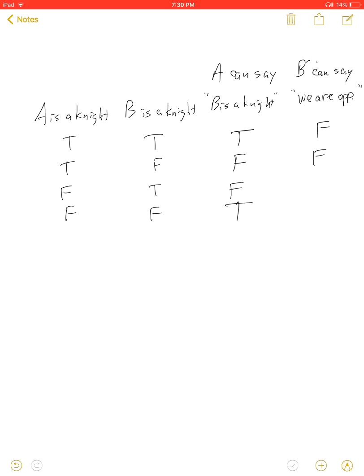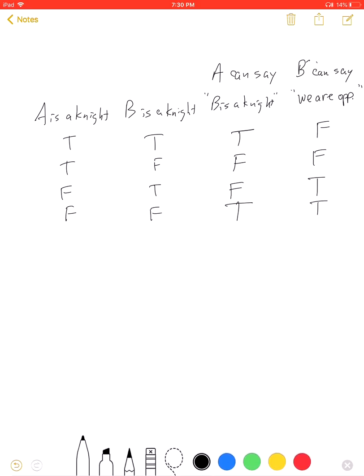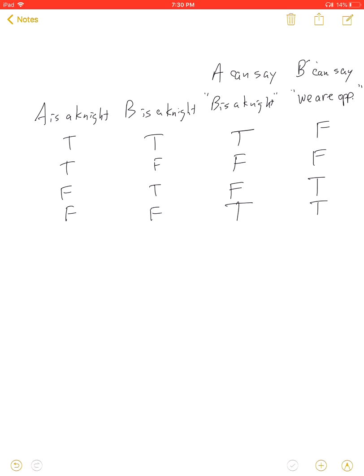If B is a knight and A is a knave, can B say that we're opposites? Yes, because they are opposites, and B would be telling the truth. And if they're both knaves, can B say that we're opposites? Yes, because they're not opposites, and B would lie since he's a knave, so he could say that they're opposites. So the only line for which both of those statements can be true is when